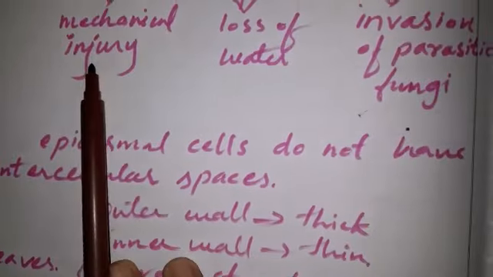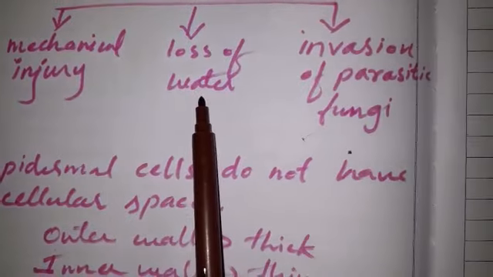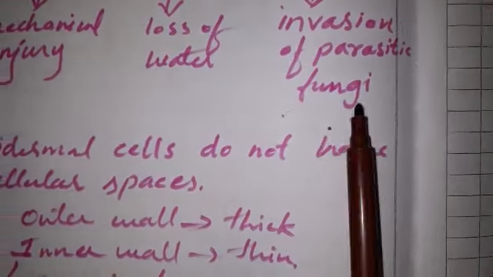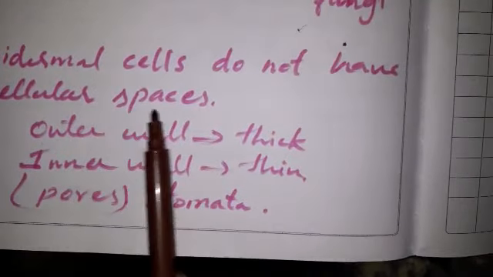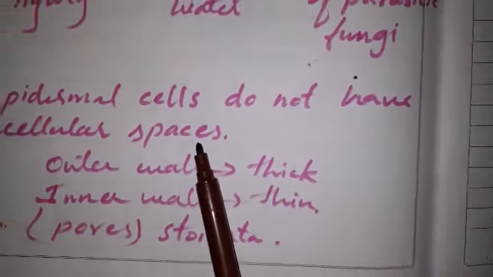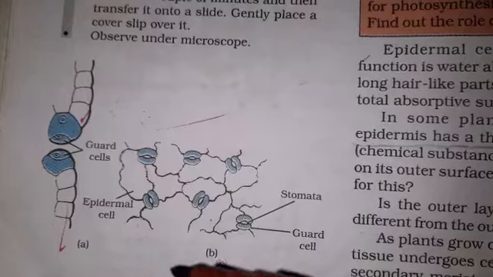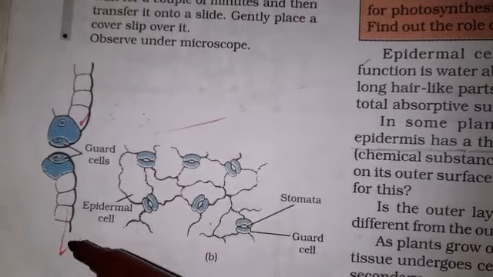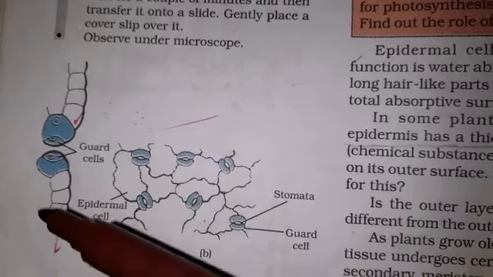So what does it do? It helps the plant against mechanical injury, loss of water, and invasion of parasitic fungi. Epidermal cells do not have intercellular spaces. The outer wall is usually thick and the inner wall is usually thinner, and the epidermal cells of the